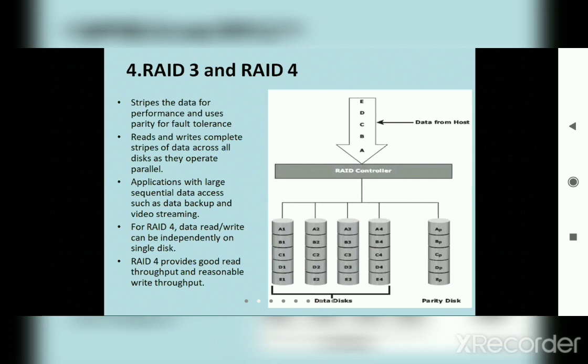Now you can see this. What is this level, RAID 3 and 4? Here in this RAID 3 and 4, what is being done is simple. They are not going with the data mirroring, but they are going with the striping. So it is going to stripe the data and they are using the parity for fault tolerance. Remember, whenever the data is lost, how do I get the data back? Through the fault tolerance itself. So for that purpose they are using this parity to recover the data.